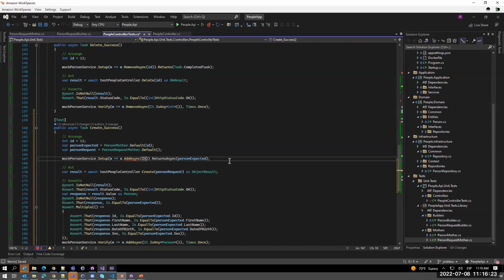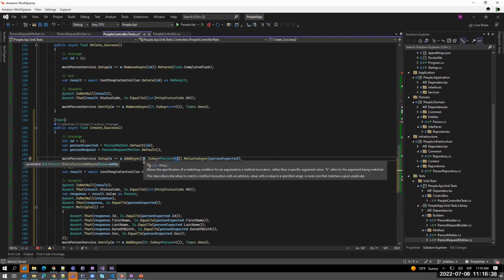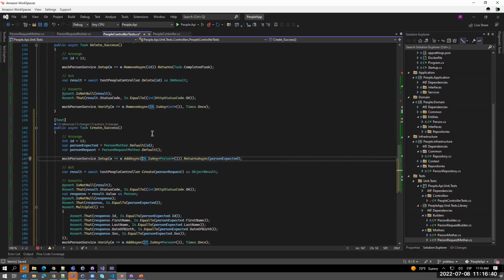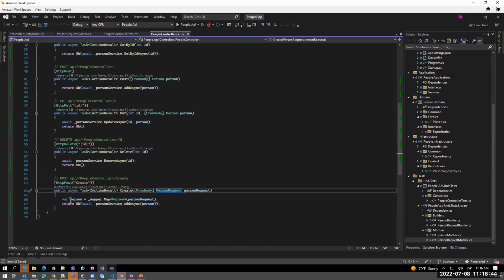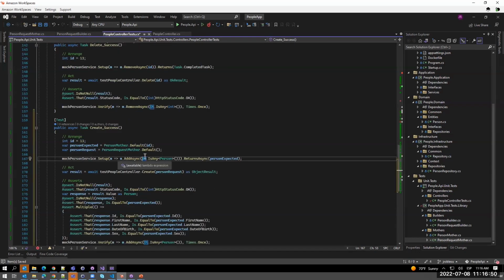So for this I will change here, is any this person, because internally it is doing the change. I'm not passing it directly, so I need to do this because when I execute this internally, you see, I'm creating a new instance for this one,